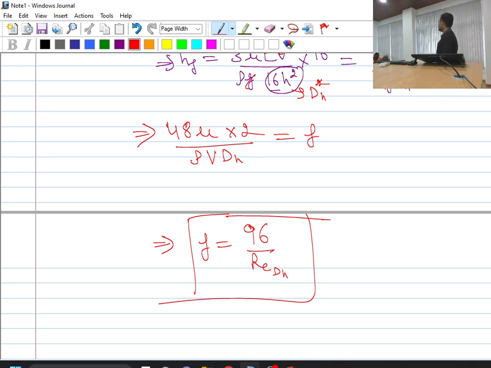Is this one clear? So what is the exact value? The exact value is that friction factor for this type of Poiseuille flow situation, plain Poiseuille flow situation, is 96 by RE when it is calculated based on hydraulic diameter. For a circular duct, what was this? 64 by RE. It was for circular duct, and to be precise 64 by RE dH I can write based